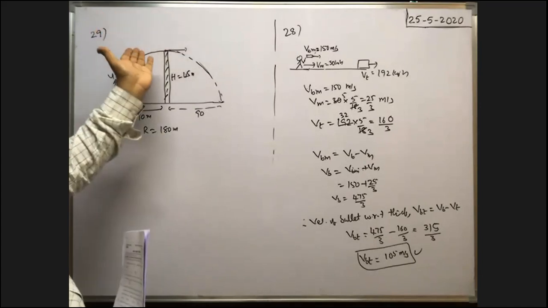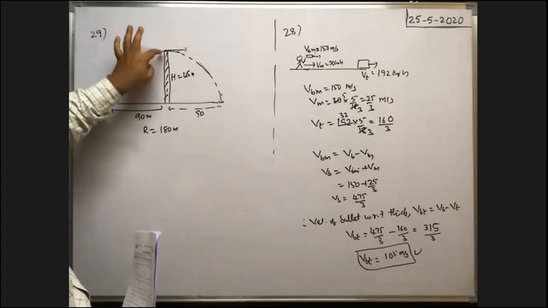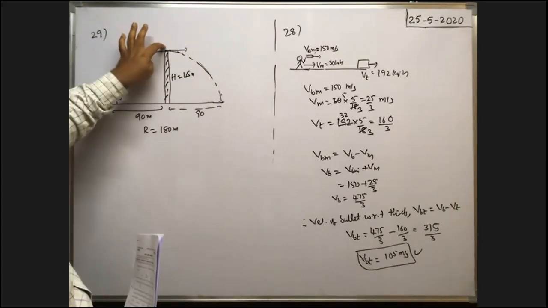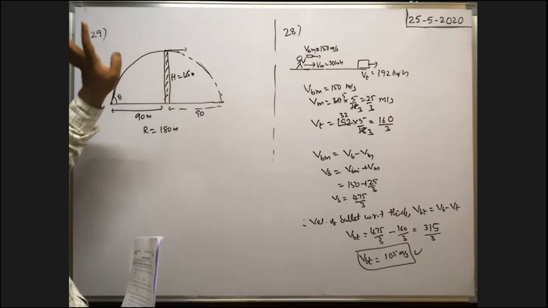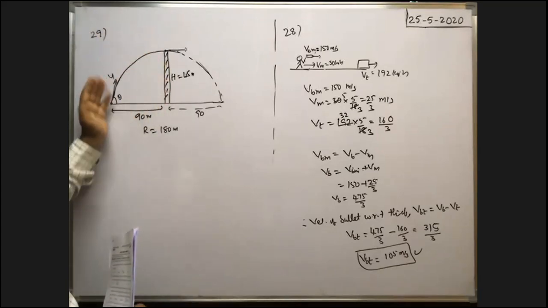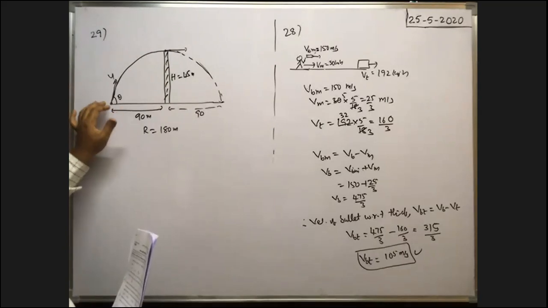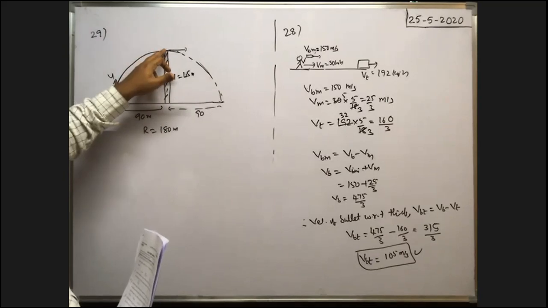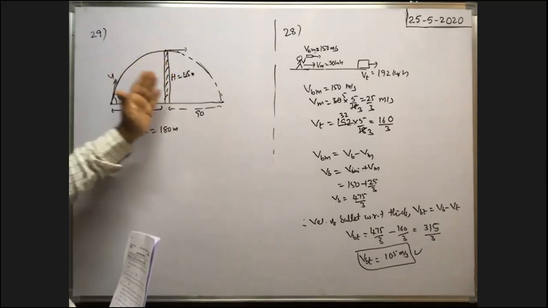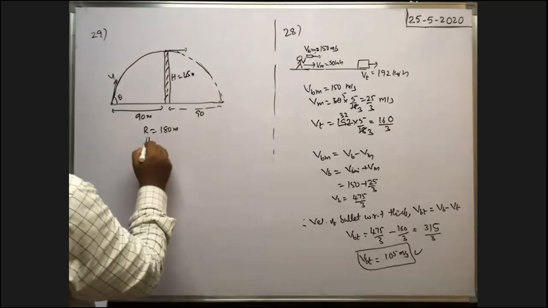After that it travels along the parabolic path like this. That means the top of the wall is the highest point of the path of the projectile. So the height of the wall is equal to the maximum height reached by the shell. The wall is at a distance of 90 meters from the point of projection, and as it is the highest point, the range is equal to 180 meters, and the maximum height reached is equal to 45 meters.